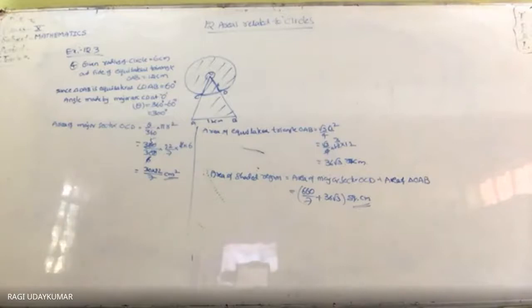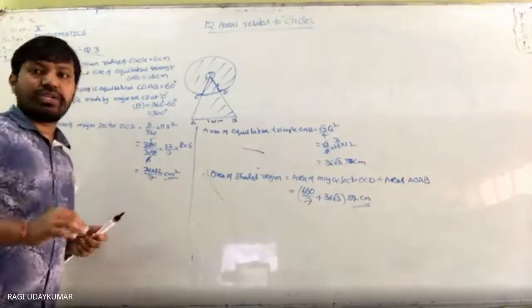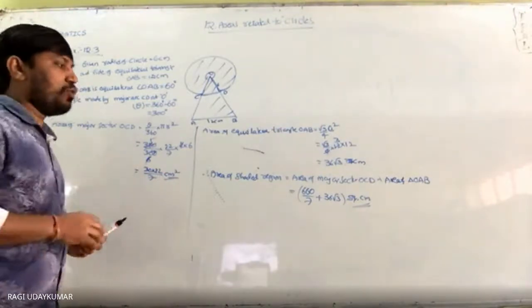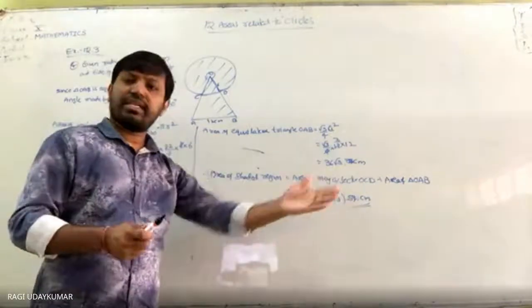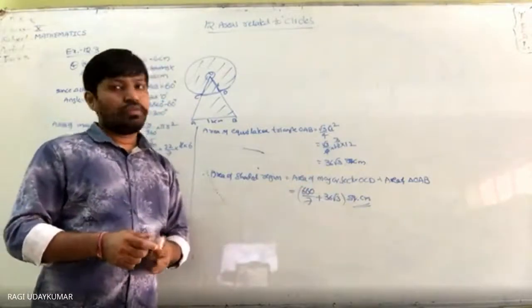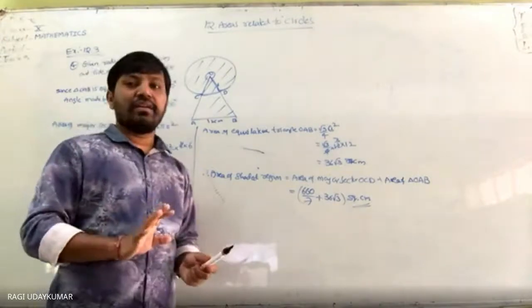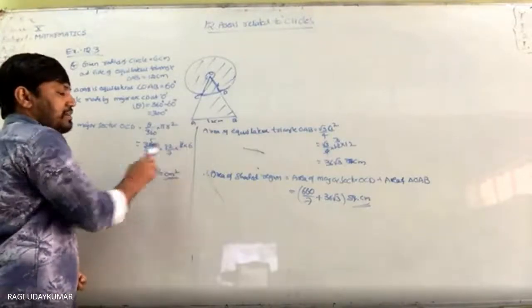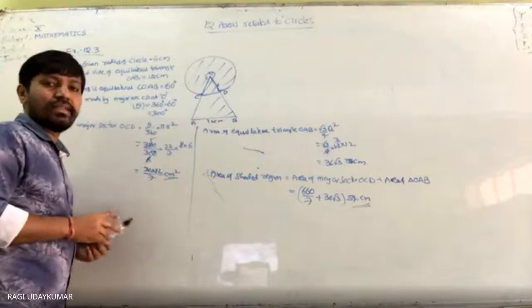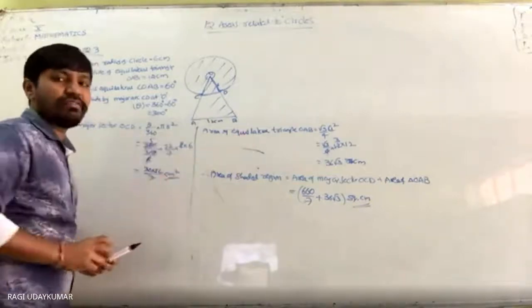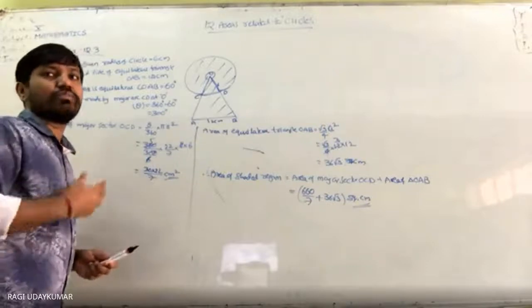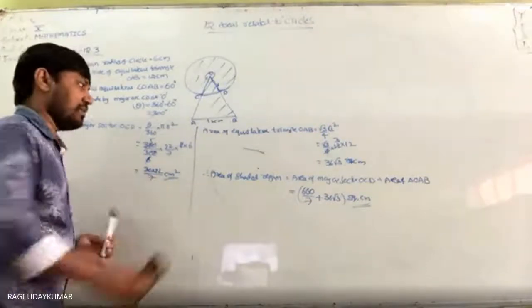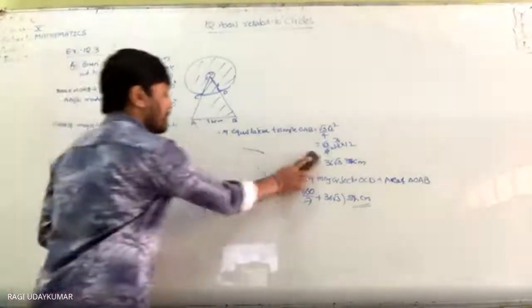Yes, sir. Simple problem, but here it includes more calculations. Calculations are more, and nothing else is there in it, just simplification. Sir, if we leave the answer like this, will we get full marks? Yes, you will get full marks, no problem. 660 by 7: where it is possible to simplify, see here it is possible to simplify, we can cancel. And in some cases, instead of writing a very complicated answer, express it in decimals and find it out. So you can leave the answer like that. Okay. Next.